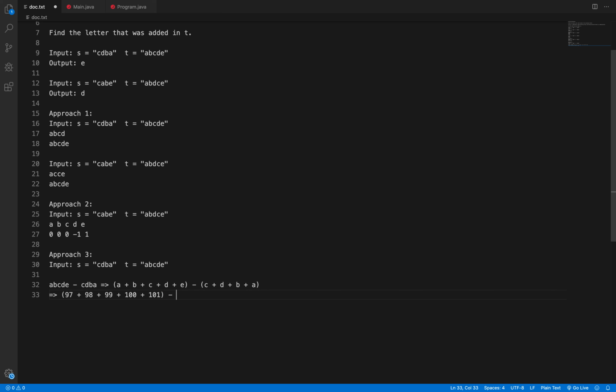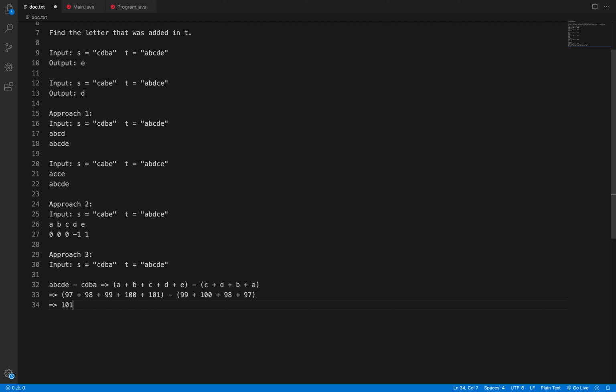Then here we have c is 99 plus d is 100 plus b is 98 plus 97. Here you can see the minus 99 will discard plus 99. Similarly minus 100 discards plus 100, minus 98 discards plus 98, and minus 97 discards plus 97, and at last we'll get 101.